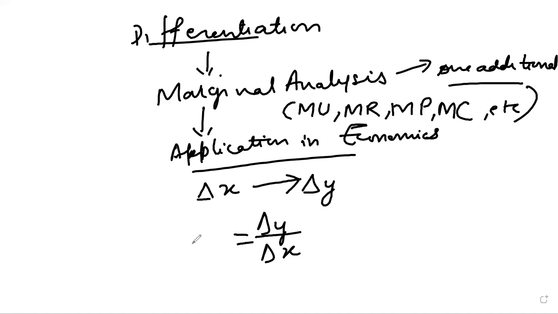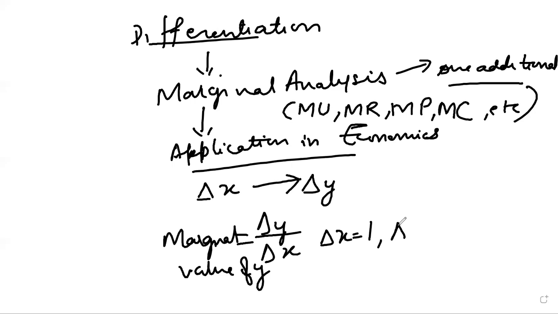When x changes by 1 unit, by how much value will y change? So this is known as the marginal value of y. Now, what do we mean by marginal value of y? That when x is changing by 1 unit, y will change by this marginal value of y. We can write it as MY. Now,